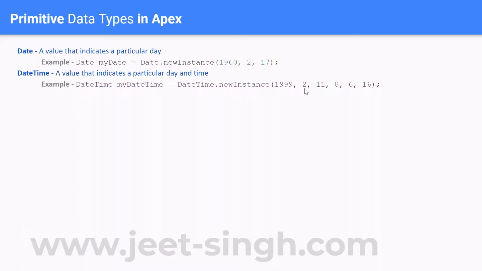Year, month, date. So 1999 is the year, 2 is the month, 11 is the date, and this is the time: hours, minutes, seconds. In case you want, you can put one more value here, which will be milliseconds.